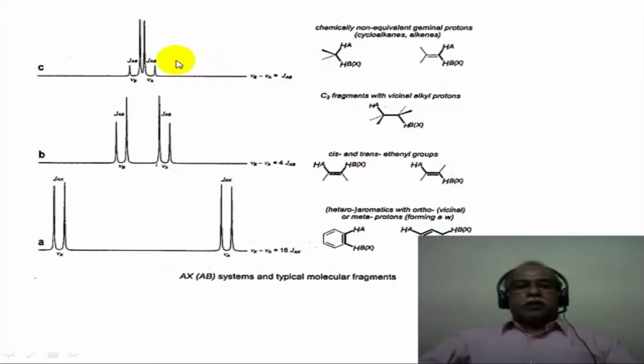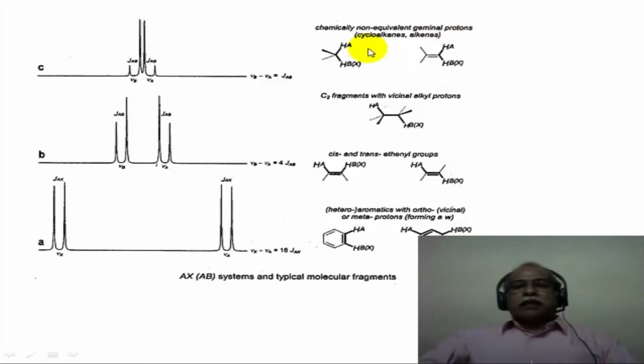So this would correspond to an AB. This would correspond to also an AB system. The last one corresponds to an AX system. AX, because A and X are very different in their chemical shift values. That is why 2 alphabets farther apart are given in the labeling of the 2 spin systems here.